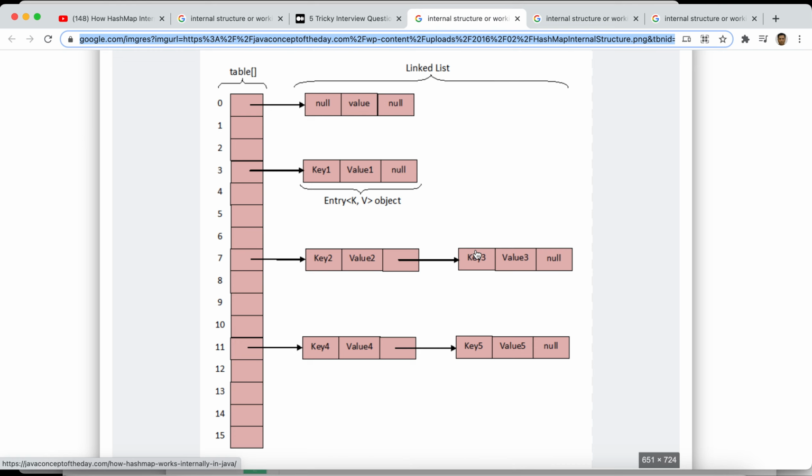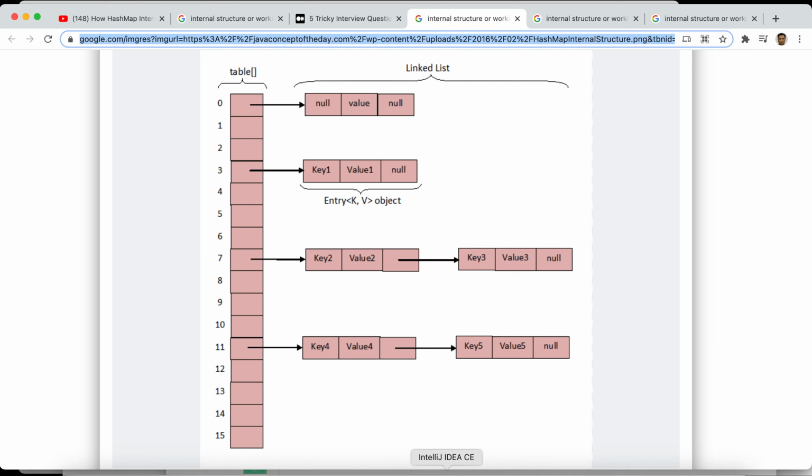So if there's a lot of hash collision, right, and the key is different, this linked list will grow very big, and it can cause a performance issue, because it will iterate every time we store it. It will check the key. If it's the same, then we just replace. If it's not the same, then it will keep adding. And the same thing when you retrieve it: it will use the hash code to calculate the index, then it will use the key to check one by one. So if you have a very long list here, it will check one by one, and it will cause some performance issue.